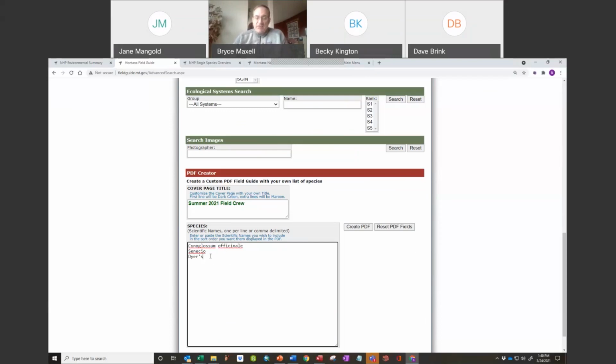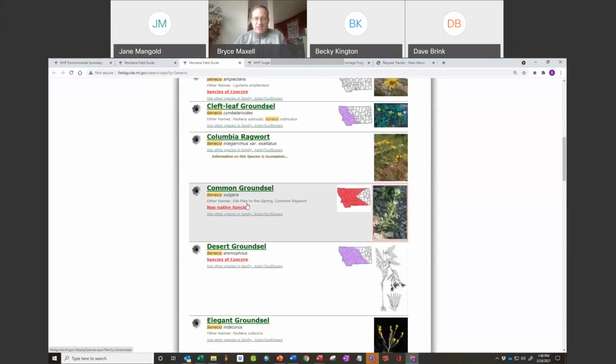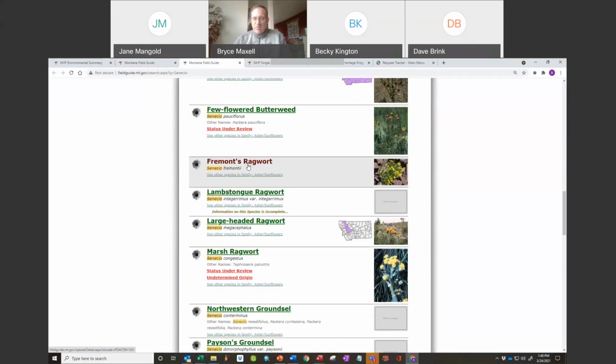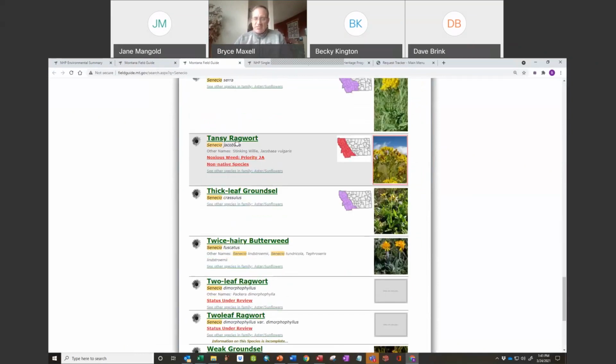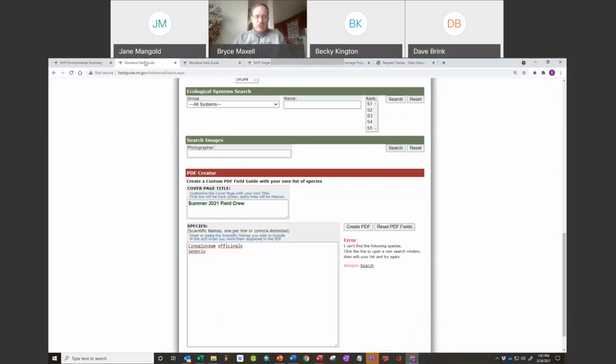it has to be scientific names, but let's say I don't really know exactly what the scientific name of Dyer's woad is. If I put in something that I know, I put in Senecio, for instance, I'm going to get an error, and then I can go to search, and then I can go down the list of Senecio, and okay, yep, maybe I was after common groundsel. It's a non-native species. Anything with Senecio is going to come up in that list. Actually, tansy ragwort was what I was thinking about. So Jacobaea. So I'm going to now copy that and go back to my